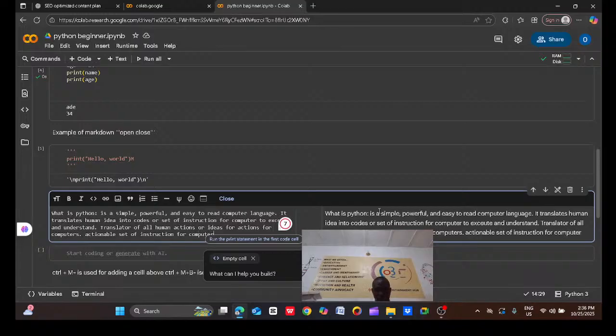So whether you are science or you are coming from non-science, once you understand the language that the computer recognizes, that is an actionable action for the computer to execute.